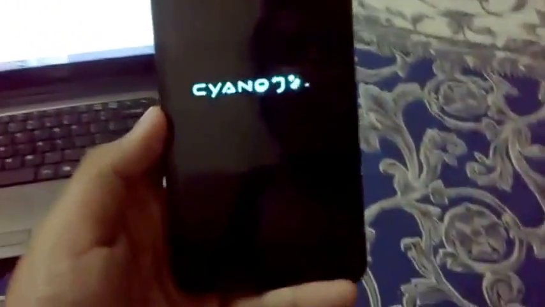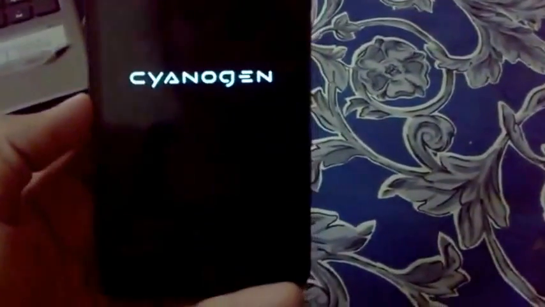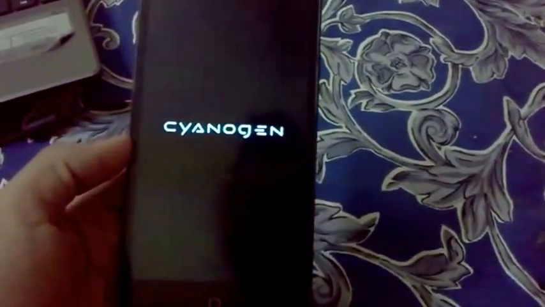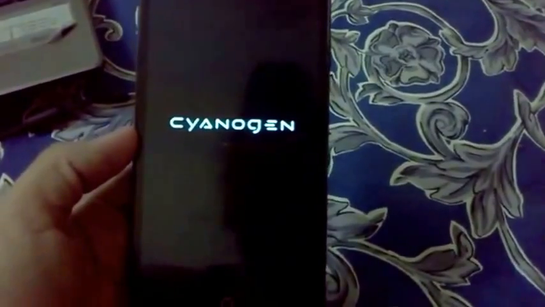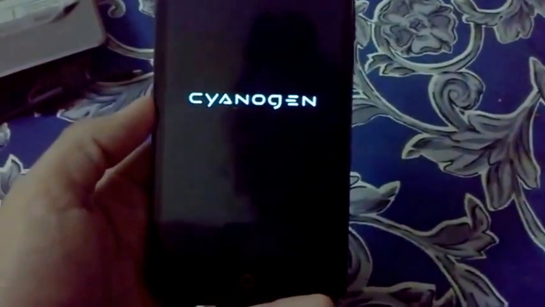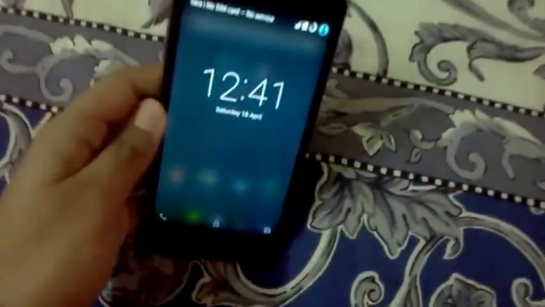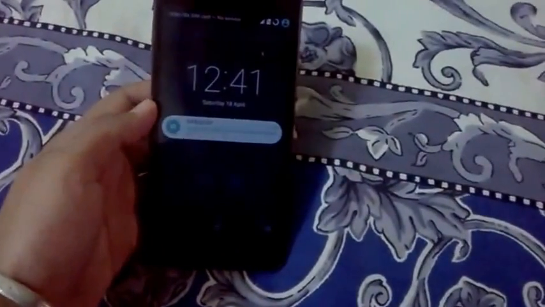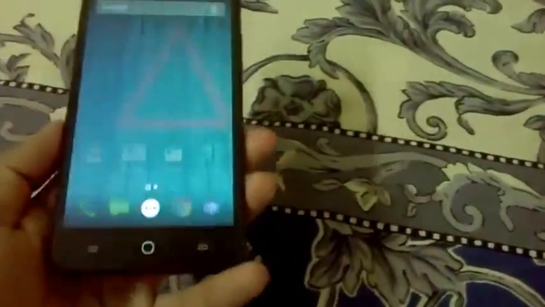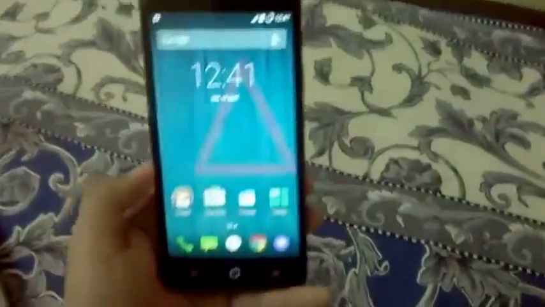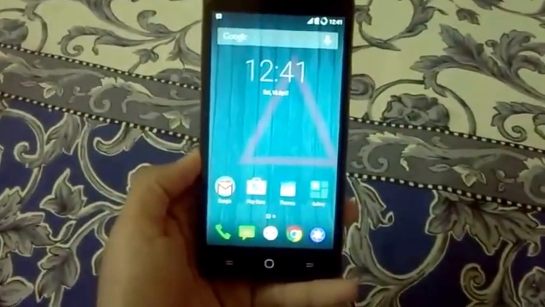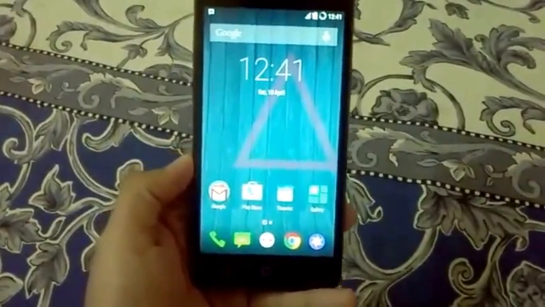So guys, this is how we can root our Eureka on the Cyanogen OS 12. I will be back when the device has booted up. So guys, I am back again, and the first boot took me not more than 20 to 25 minutes.